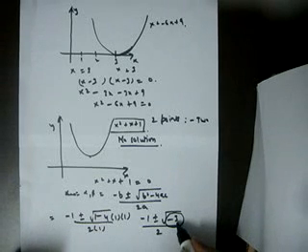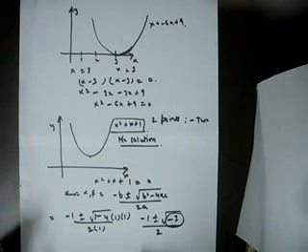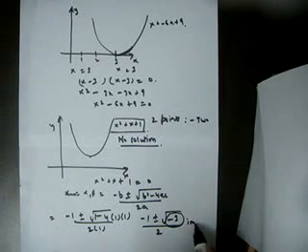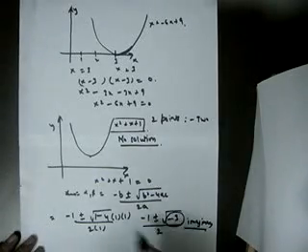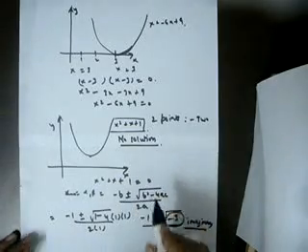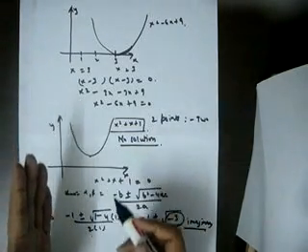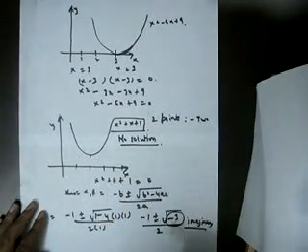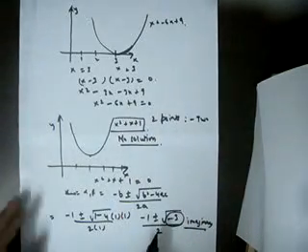Had it been 3 with a positive sign, the solution would have been there. But the root of a negative number is an imaginary number. It's not a real number. That's why we don't get any solution. So this will not touch the x-axis at all. Just remember, if it touches the x-axis at any point, then we get some real solution, and if it doesn't touch the x-axis at all, then we don't get any solution.